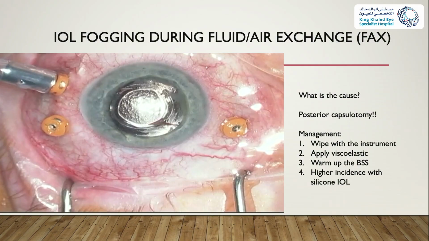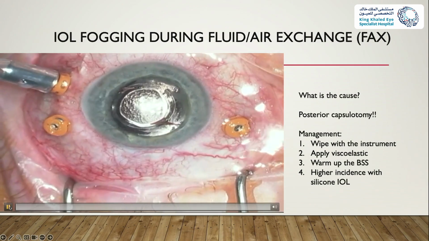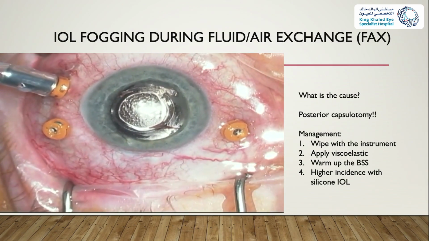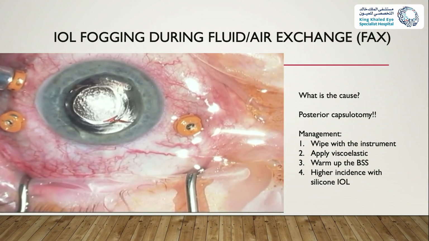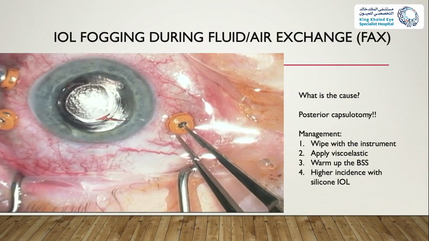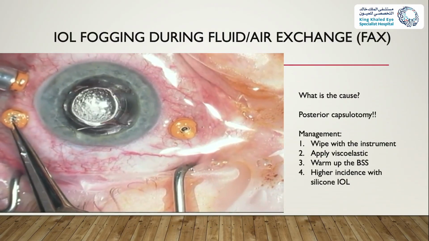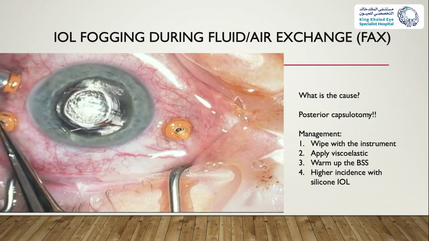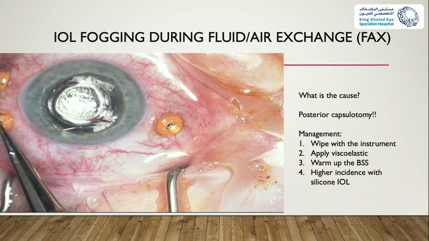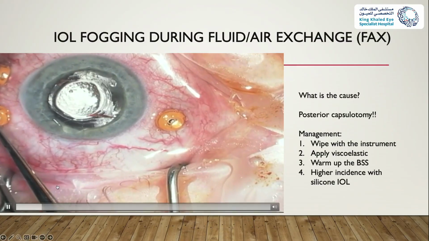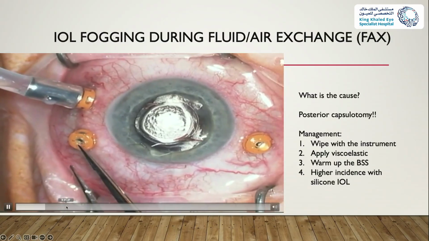And there are different ways to deal with this. People put viscoelastic over the area so that you can have a coating of the posterior surface of the lens, and that will allow you to have no more of this fogging. And you can also just swipe it with the instrument, and